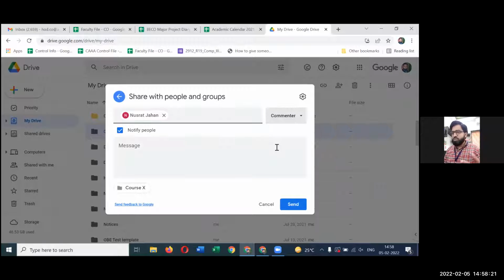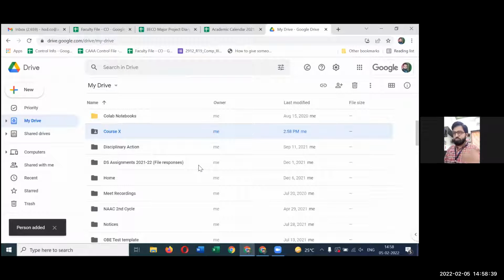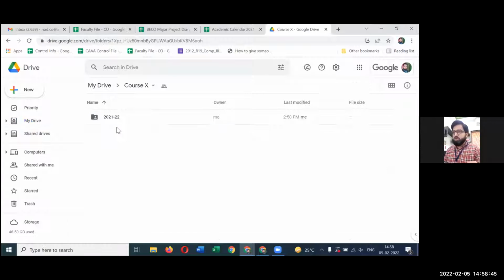The person can organize, can add, and can edit the file in my folder. Commenter means the person can only get into my folder, can see the files, can open the files, if they have access to these files, and can see the data of the file, but cannot change it. Okay, so it's up to me and up to the requirement. How do we want to share the specific data with our colleagues? So the way I have shared the folder, the same way I can share any folder.